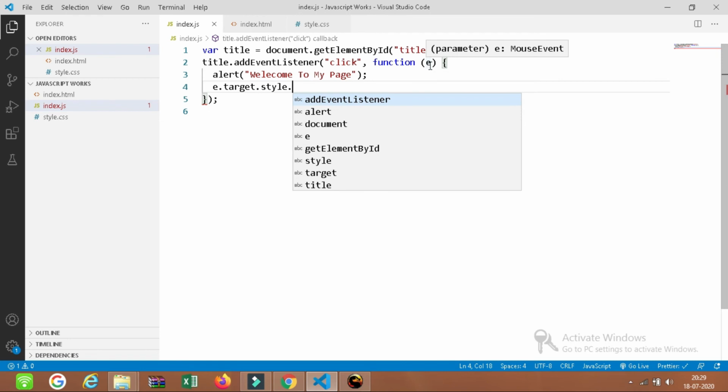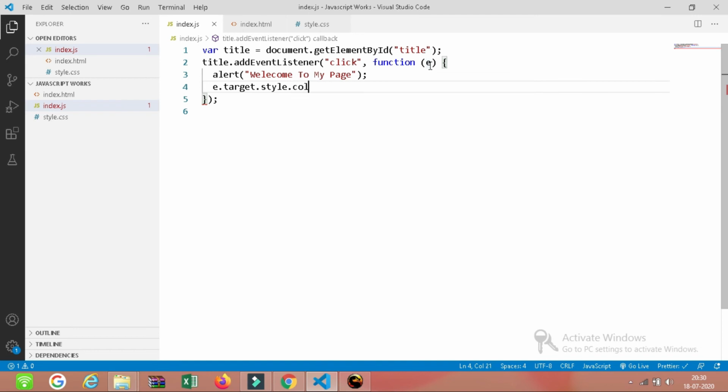For example, if somebody beat me, that beating is the event and I am the target. Here we click on the title, so the title is the target and clicking is the event. As simple as that. Then we access the style element which we have seen before, and I change the color to red. Let's check whether it works or not.